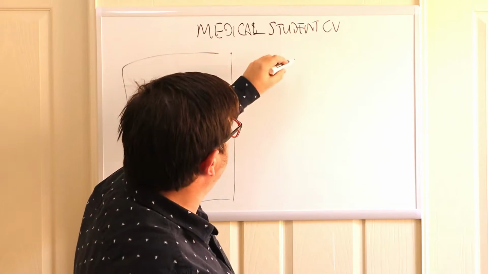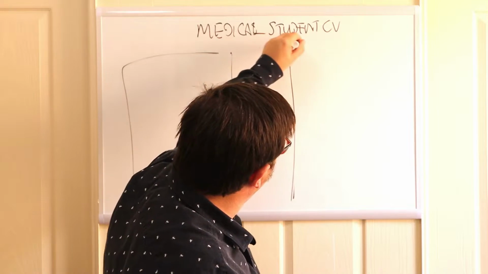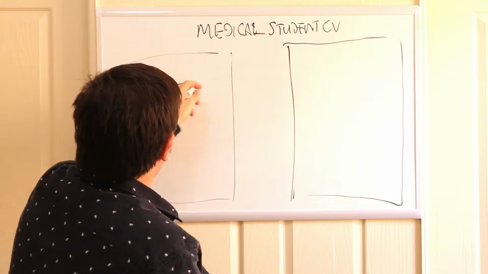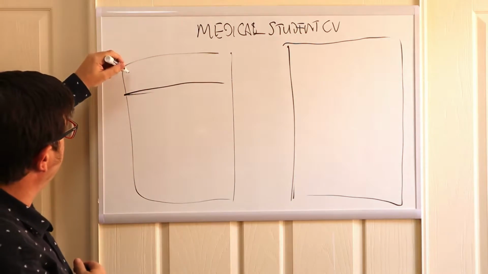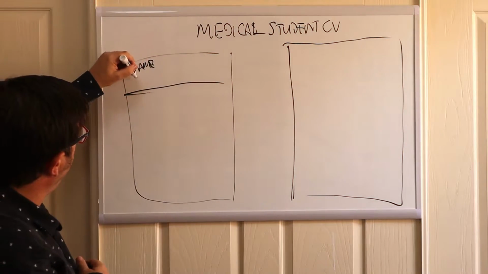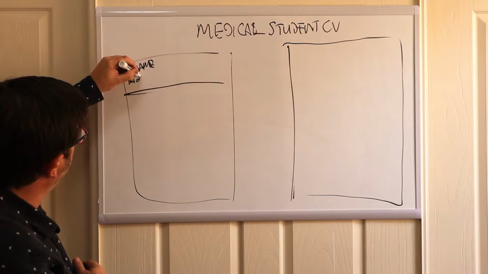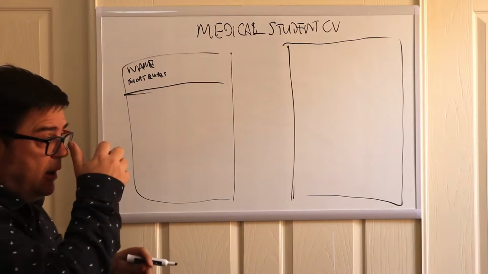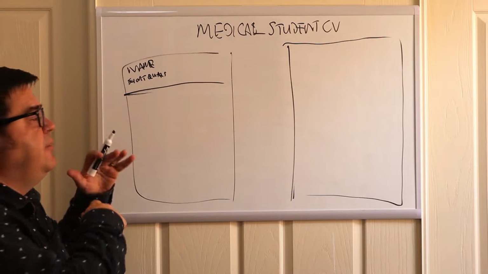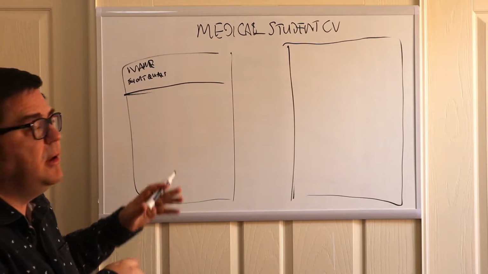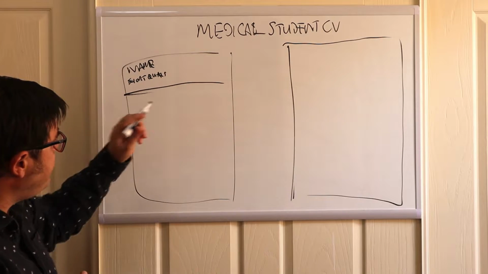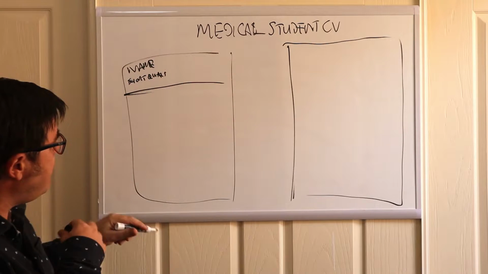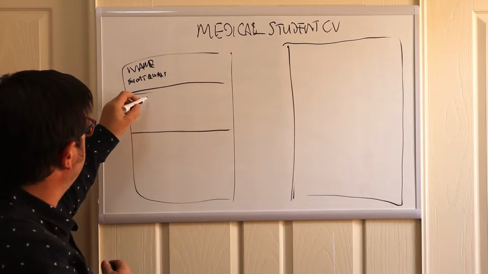If we imagine we've got a couple of pages, and of course a lot of CVs go a bit longer than that, the first thing is the focus on the front page. At the top of your page, we have your name and your qualifications and other essential details, like if you've got a visa status or your AMC status, etc. And of course no photo. And that name should be a little bit bigger there. Now usually then there's some sort of statement,